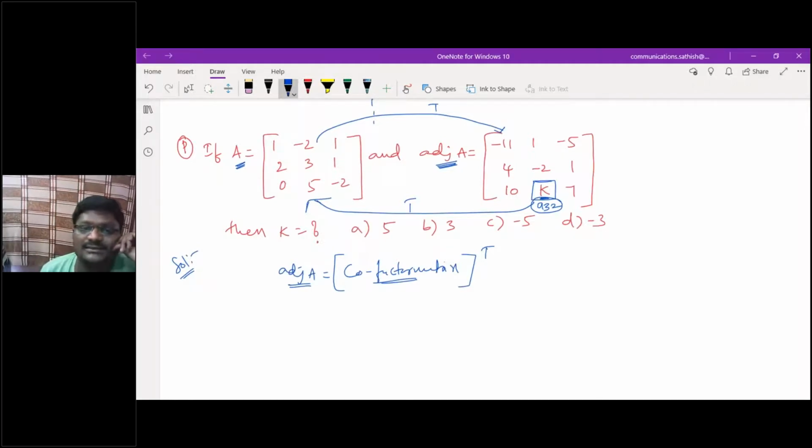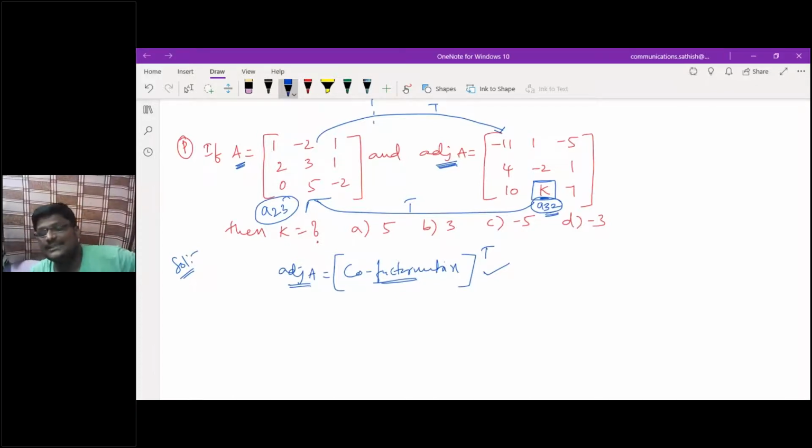This adjoint, how did you get it? I got it as the cofactor matrix transpose only. Am I correct or wrong? Yes, sir. The element A32 presented in the adjoint matrix is the transposed replica of the given matrix. If I want to calculate the same A32 in the given matrix A, which element do I have to take? It is A23 only, or not? This is a transpose: rows and columns are interchanged. Transpose itself is nothing but interchanging the rows and columns, or not?